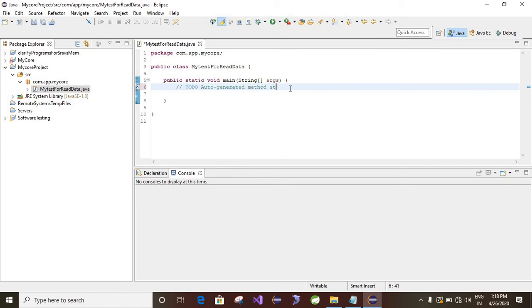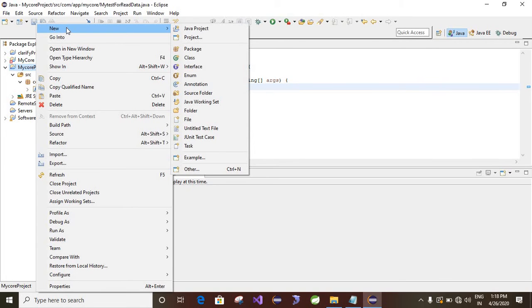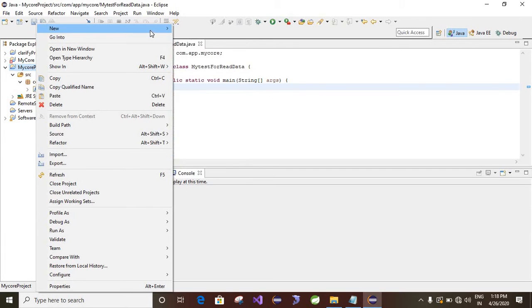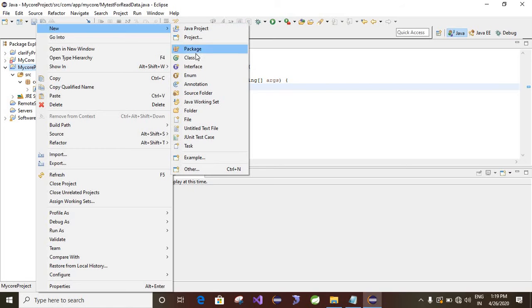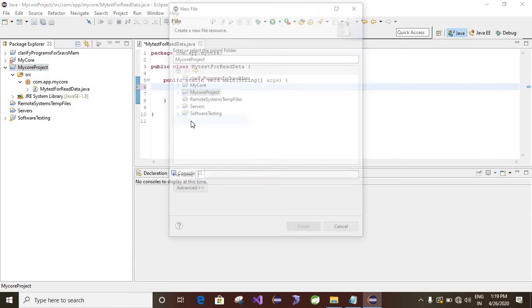Here we can write one example for the properties file. Before that, we can see how to create a properties file. Right click on the project, or you can create it in src also, but I am going to create it in the default location. Select file here.